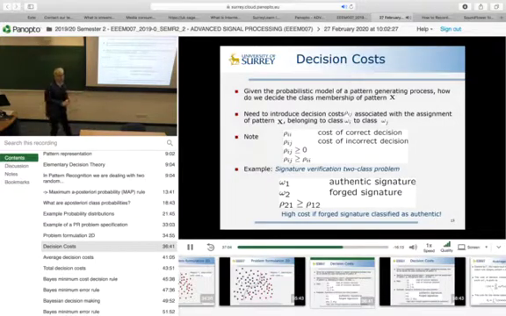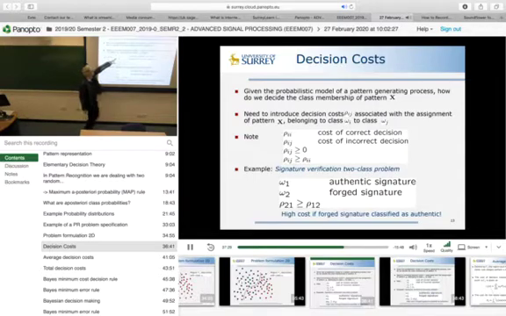Here I'm using Greek letter rho, so rho ij, to be associated with, if we've got a class omega i, and that's the real class, but we assign it to class omega j,